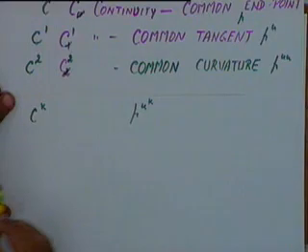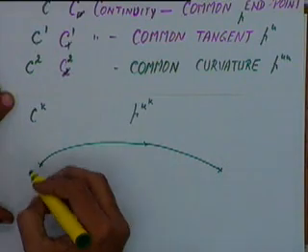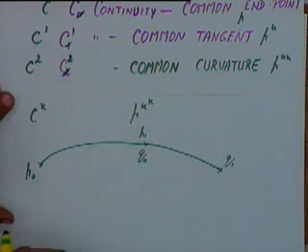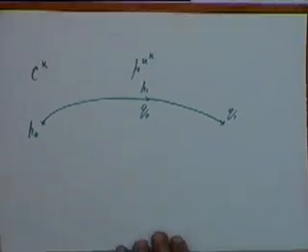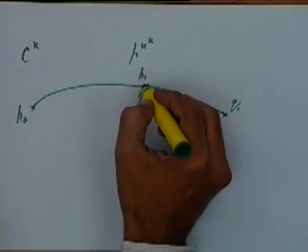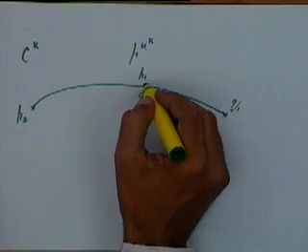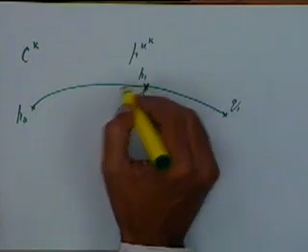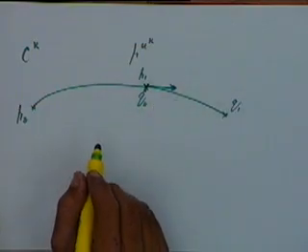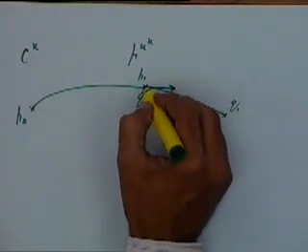So, if you have any two curves, if I say that these two curves have a C0 continuity at the common endpoint, that only means that the endpoint is the same, but in terms of slope there can be discontinuity. If I say that they have a C1 continuity, the tangent vectors would be the same or in the same direction. If I say they have a C2 continuity, the curvature will also be the same at that point.